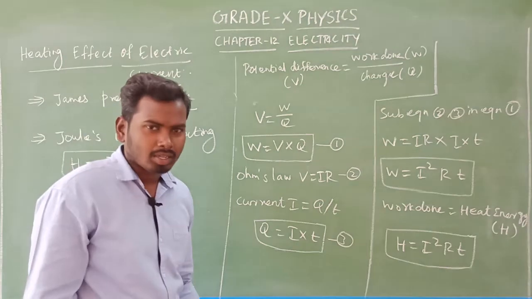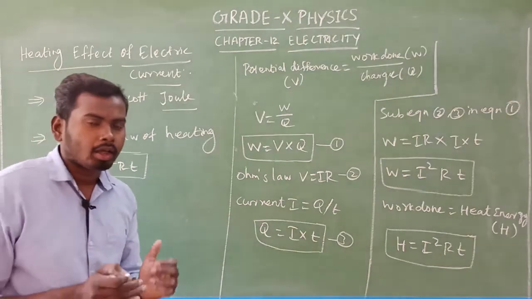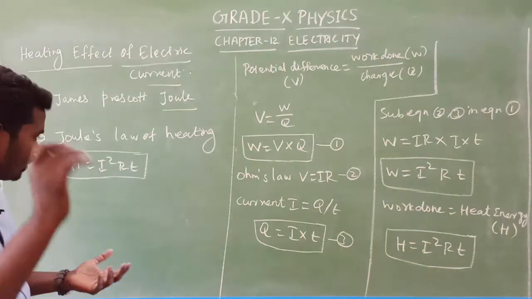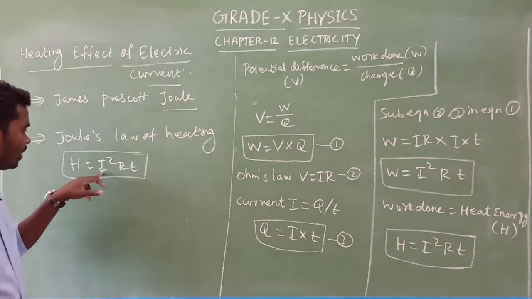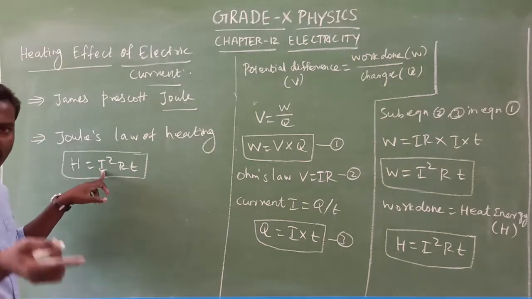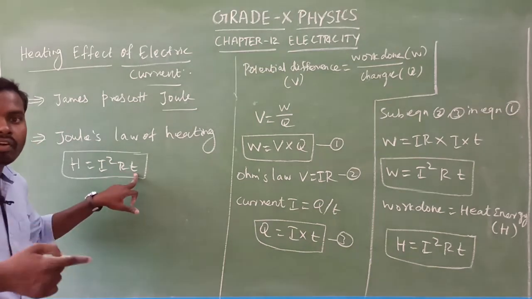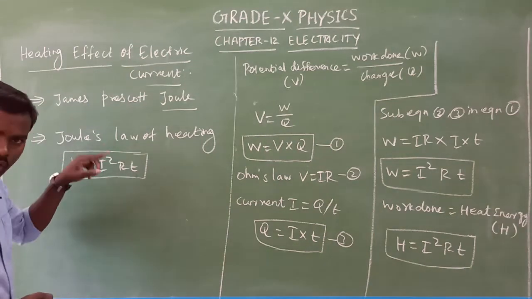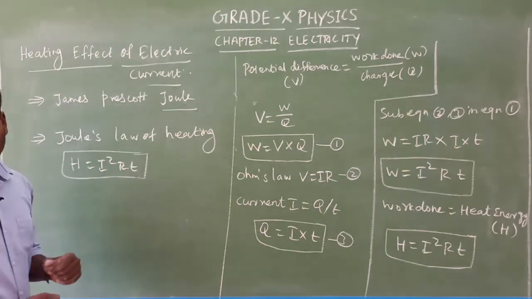So what is that law, sir? Okay, that is an equation, sir. That formula is okay, sir. So note this point, what is that law, sir? That is a very big question. Okay, look at here. So when the current I, note this point, very important one, passes through a conductor having resistance R for time t, there will be heat development. The heat energy is equal to the square of the current, the resistance and the time t.